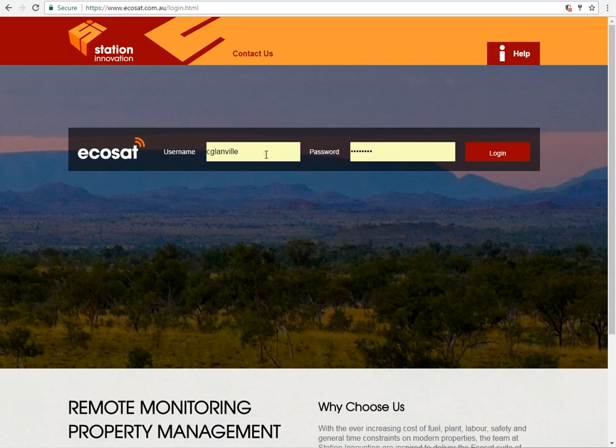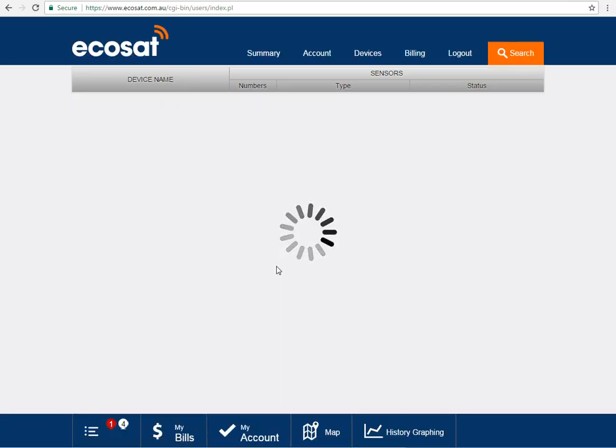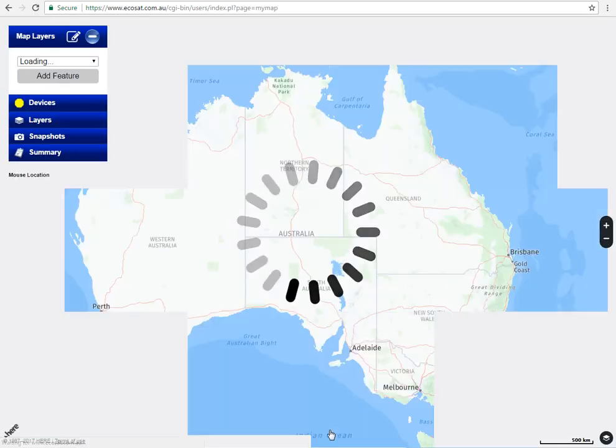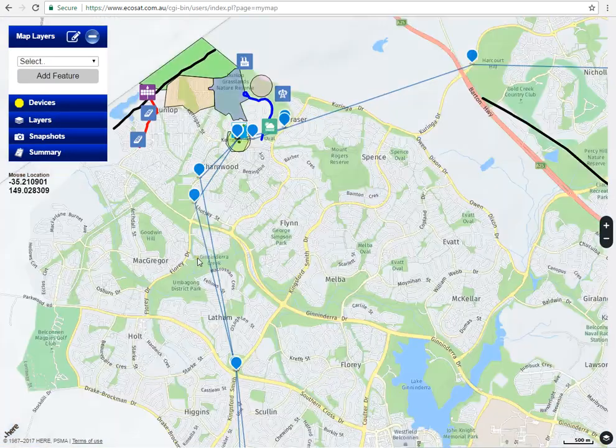To begin with, open a web browser and just go to www.ecosat.com.au. Just apply your login details and click login, and that'll take you to the sensor summary page, which you're probably familiar with by now. Just open up your map view to go straight to your property management infrastructure, and here